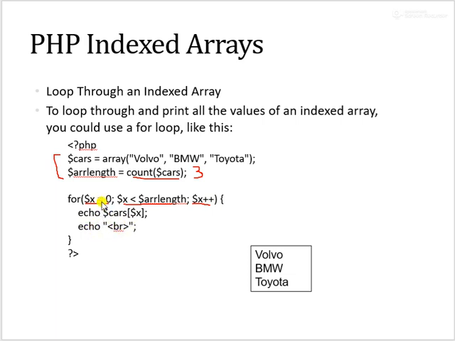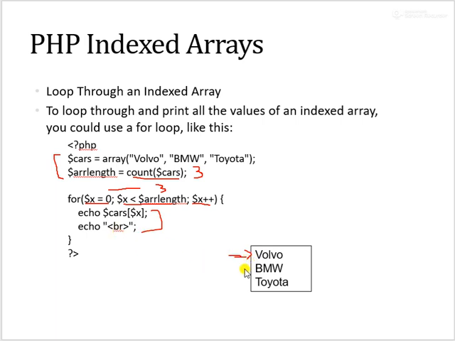So what happens is the first time x is 0 and it will check x is less than 3, true, cars[0], because x is 0. You know, in C++ and other languages, when a for loop is executed, first the initialization is done one time, then the condition, then the statement, and then the increment. So first initialization, then it checks the condition. If the condition is true, the statement is executed. So these two statements will be executed, cars[0]. So this Volvo will print on the screen.